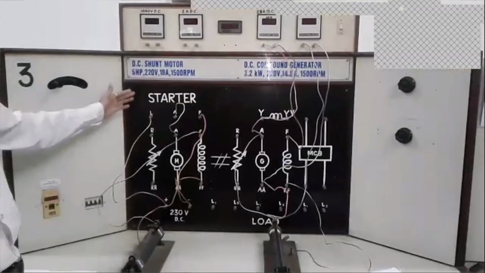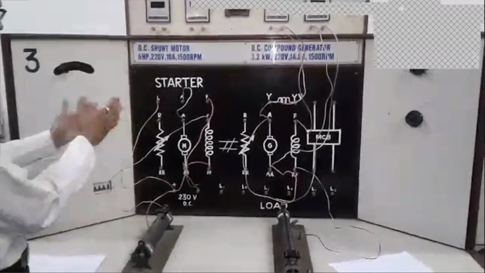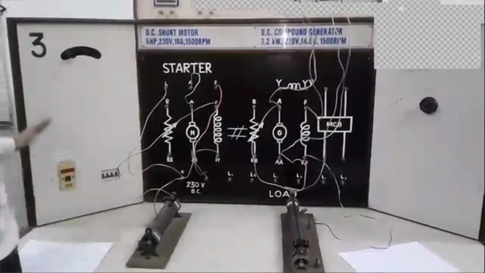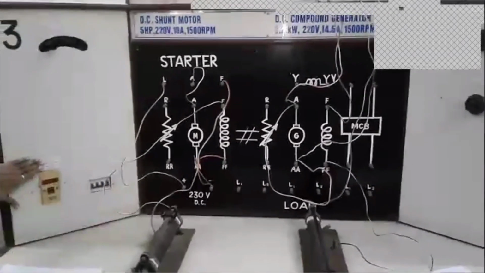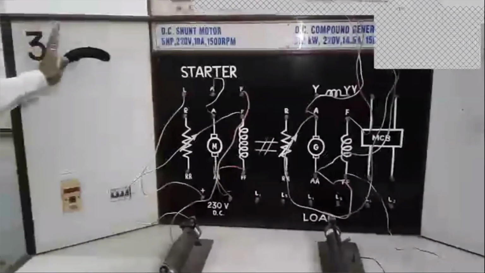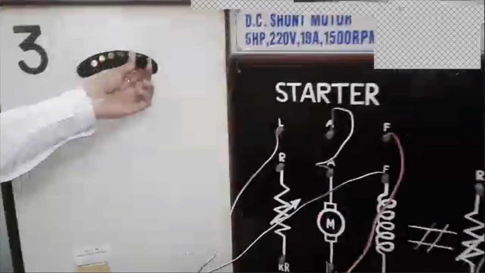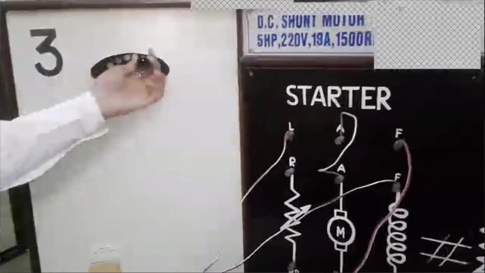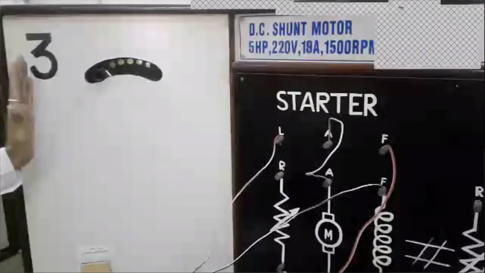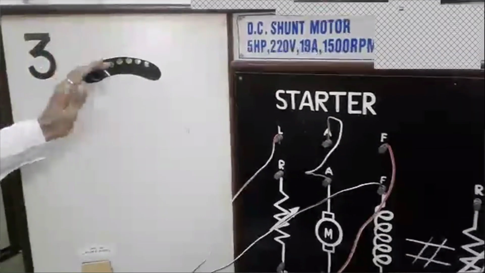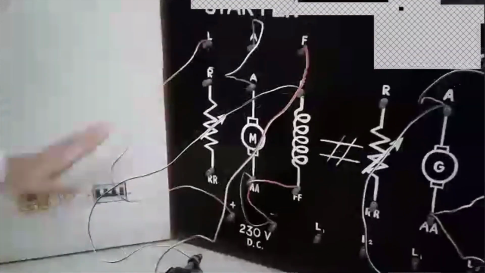Now this is our panel board, on which we are connecting the generator and motor. First of all we start with the DC supply, which we obtained from the DC source. This one is the starter, a basic starter of the DC shunt motor. As we move this starter from the left side to the right side, the motor accelerates. The function of this starter is to limit the starting current, and it increases the speed of the motor gradually.